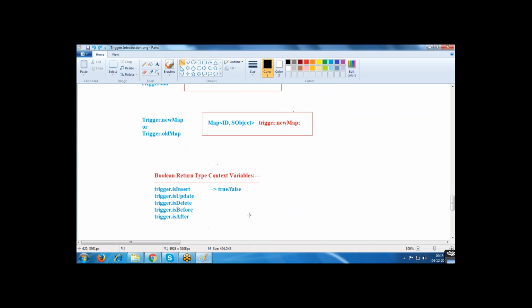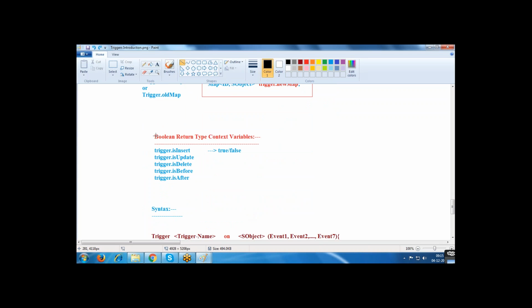Now we have some context variables of boolean type. If you want to check what type of operation you are performing, then we are using trigger.isInsert, trigger.isUpdate, trigger.isDelete, trigger.isBefore, isAfter.